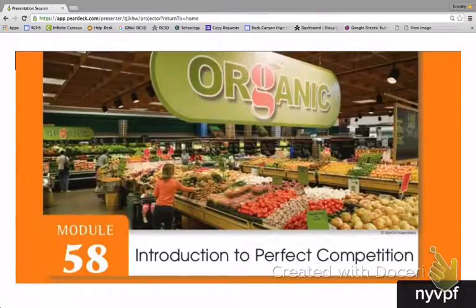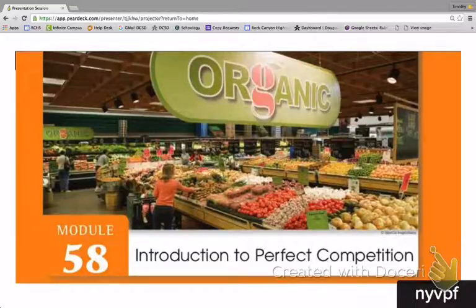This unit is all about looking at the 4 different types of market structures in which industries and firms compete. And every business in the United States is competing in one of 4 different market structures. It is competing in either perfect competition, monopoly, oligopoly, or monopolistic competition. And so in the next 3 modules, beginning with this one, we are going to look at the structure of